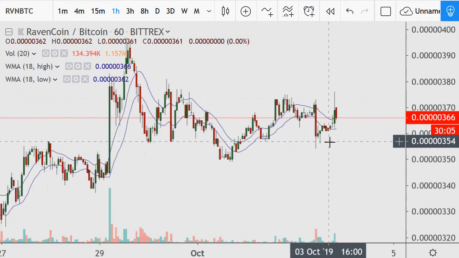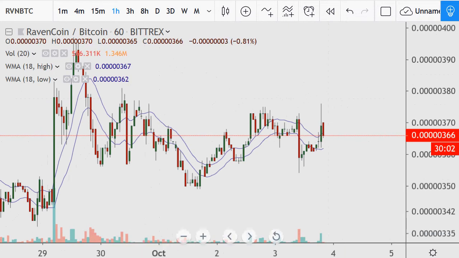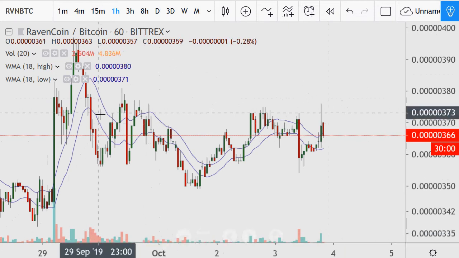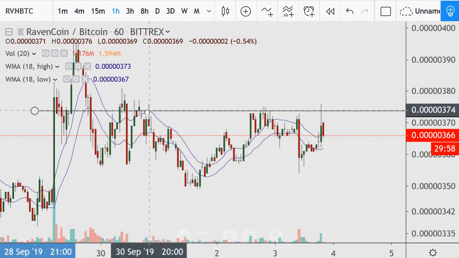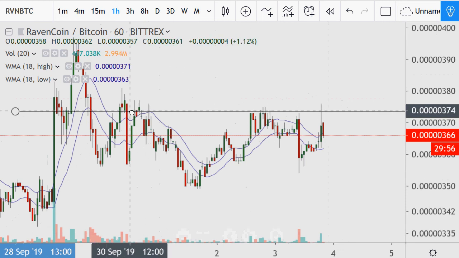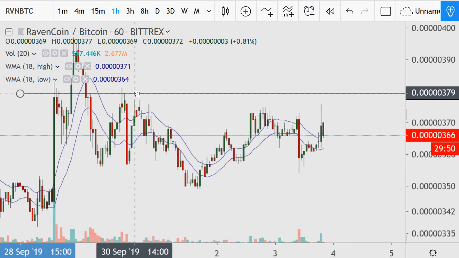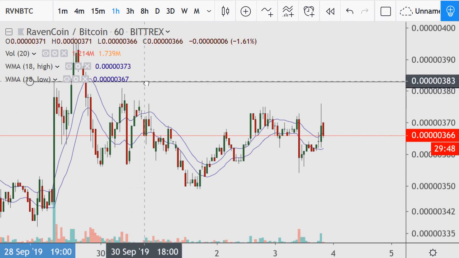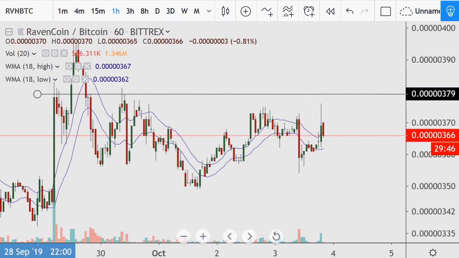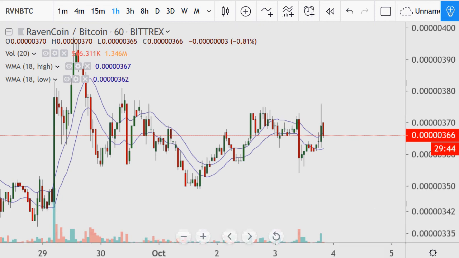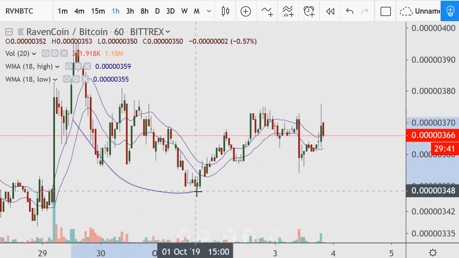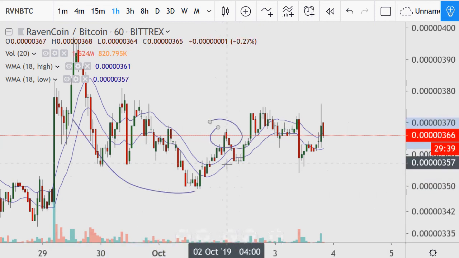So as far as the more recent term move is concerned, and we look at this on the hourly, we have a level of resistance in here. And this is Bittrex mainly because that's the market I'm trading it on. Binance has a better one, but because I'm using Bittrex to trade this, that's why I chose this. But 374 to 379, we can see getting above in here would be a big move and a big deal. Because after we've had these down moves come to an end above the 18 highs, support it.